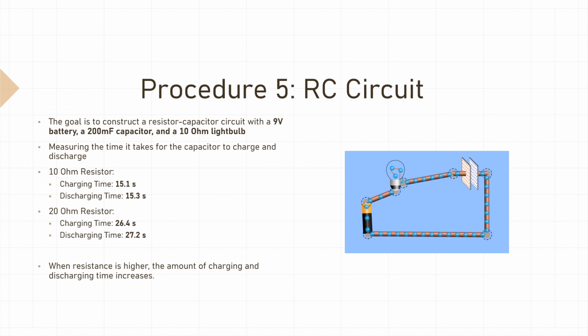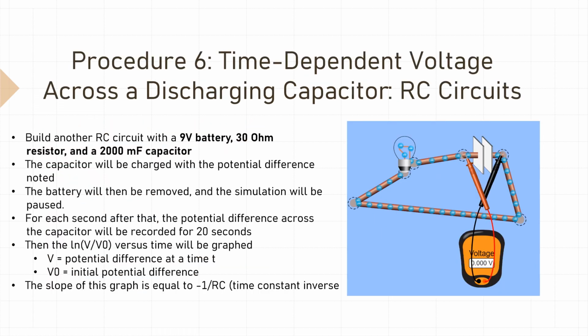In procedure 5, an RC circuit is made with the battery, capacitor, and a light bulb, where the amount of ohms that the light bulb has is increased, which shows that when the resistance is higher, the amount of charging and discharging time increases. In procedure 6, another RC circuit is made with a battery, ohm resistor, and a capacitor, where